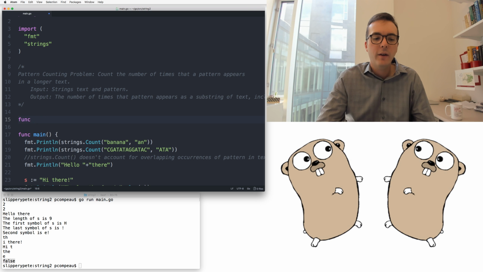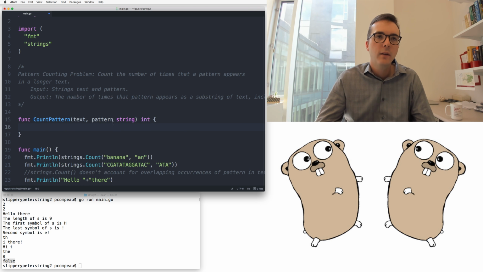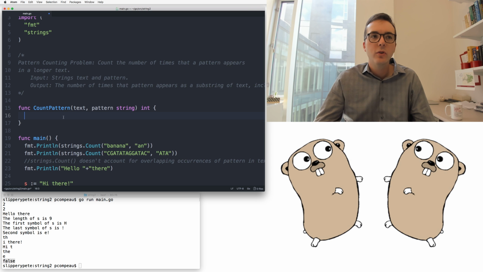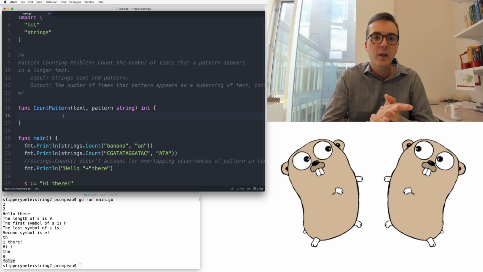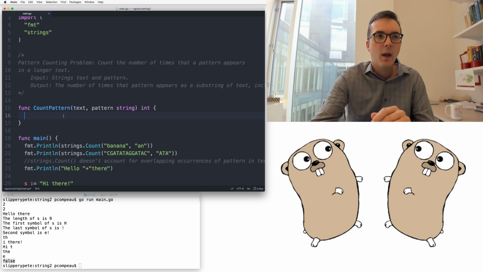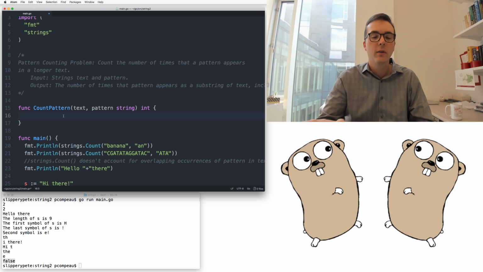So we could have, and let's call it countPattern, and let's give it a text and a pattern as strings, and we're going to return an integer. You could return an unsigned integer as well, I'm just going to return an integer here. So take a second and think through how you would use what we've learned to write this function. I'll assume that you've paused and taken a chance, and I'll continue on and show you this function now. So what we need to do is range over